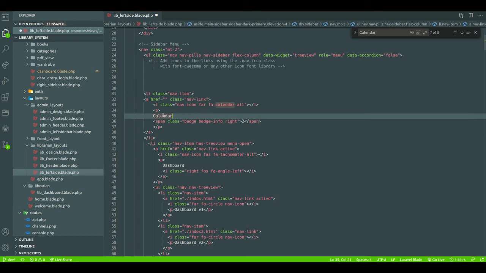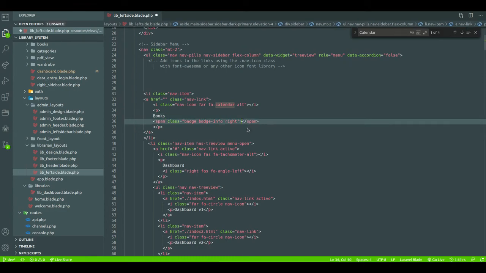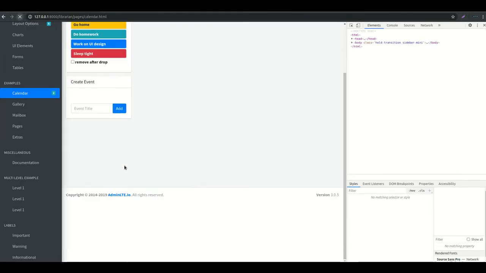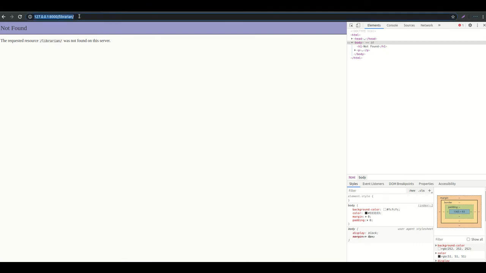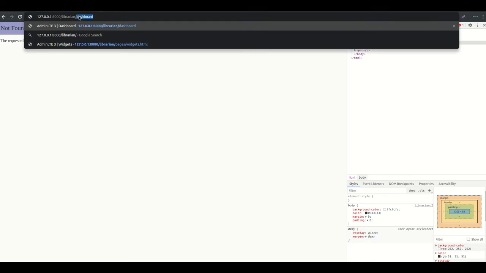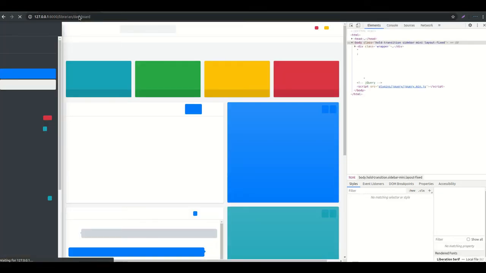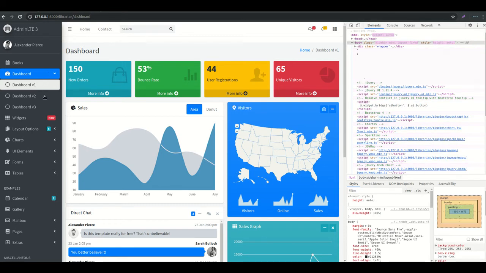FA. This one is called books. Don't need this. Now reload this. Book will come. Sorry. Yeah, book has come. Okay, so we need to change that icon.